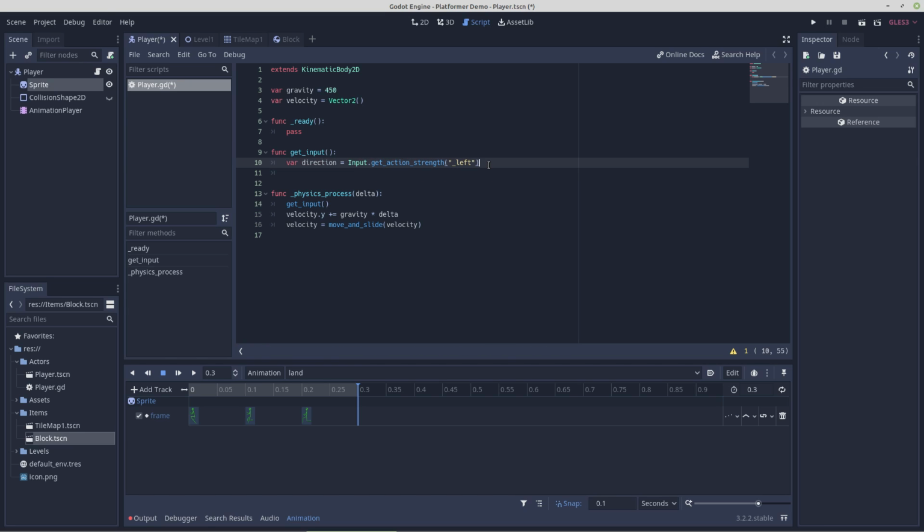Get action strength left minus input dot get action strength right. Then if direction not equals 0,